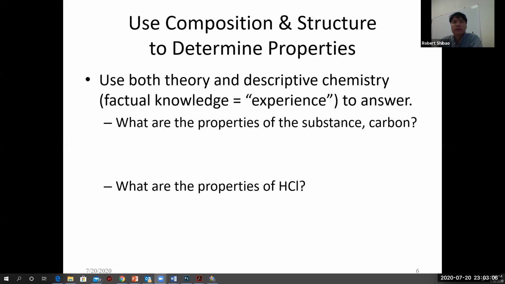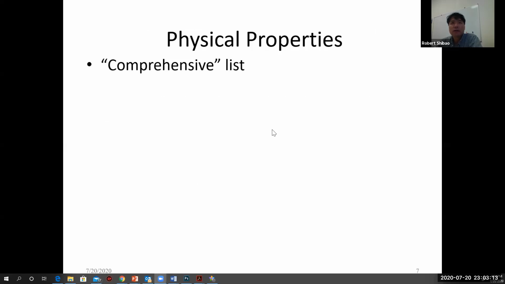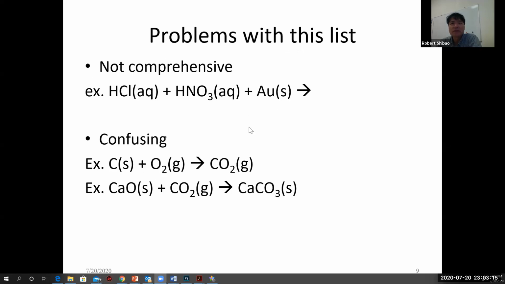But okay, we're going to leave the COVID-19 stuff and go back to our reactions. I want to finish this here before moving on. And so this is just property stuff.